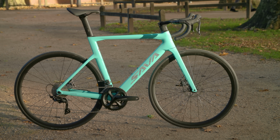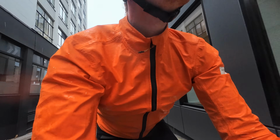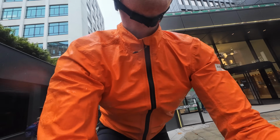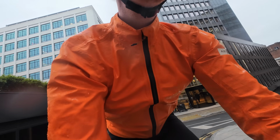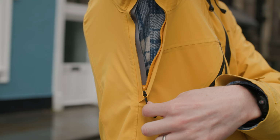So, what does this all mean for us as cyclists? And is there really anything that we can do to stay dry and comfortable when riding in the rain? Now, whether it can breathe or not, a waterproof membrane will keep the water out when it's raining. But if you can, it's best to avoid getting too sweaty. Now, that may mean opening up zips or vents while climbing, for example, to increase ventilation and dump heat when